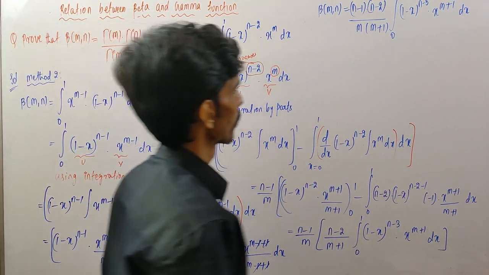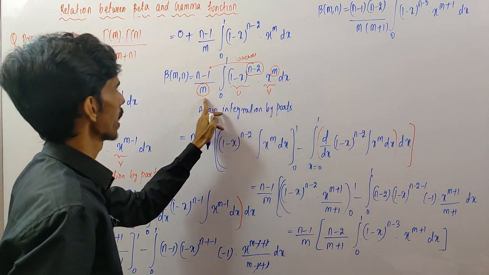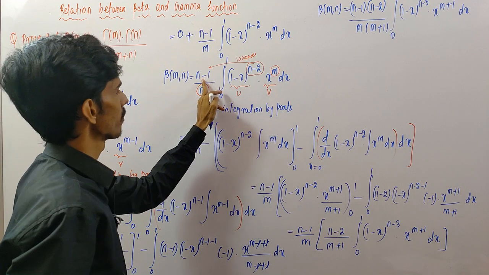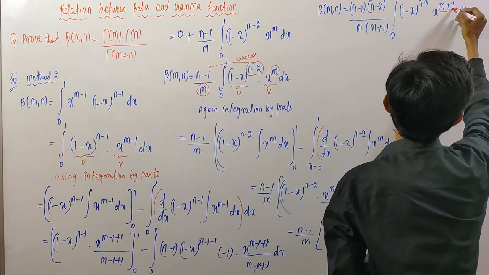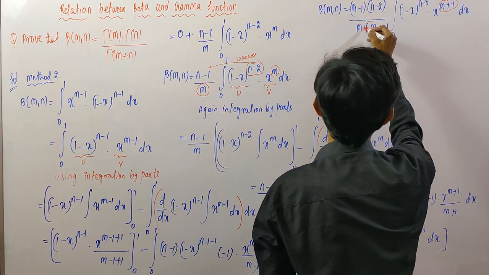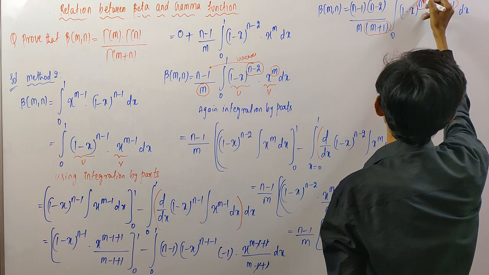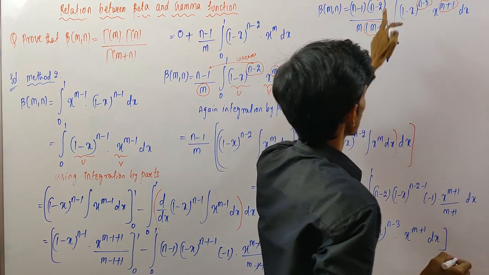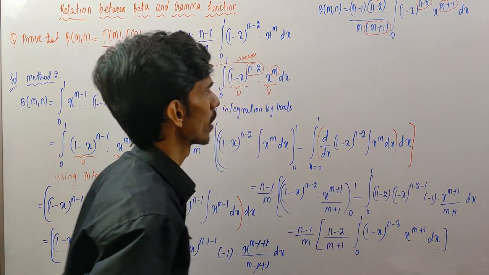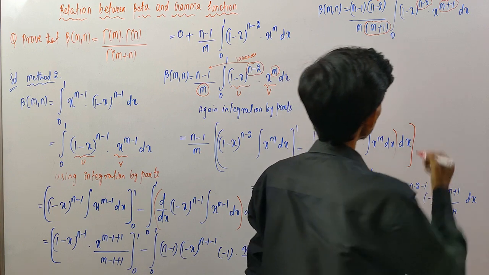Now when you look at here, just like this, here the power of x is m and n minus 2, one value will be more, n minus 1. Here also we have x power of m plus 1. Here I have n minus 3, then we will have one value more than n minus 3, that is n minus 2. A difference of 1 will be there. So this process of integration will continue.